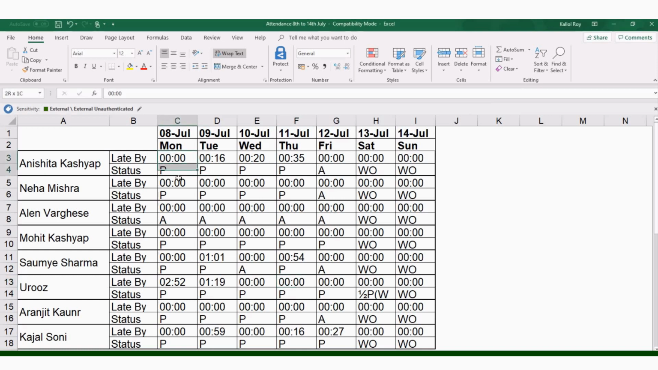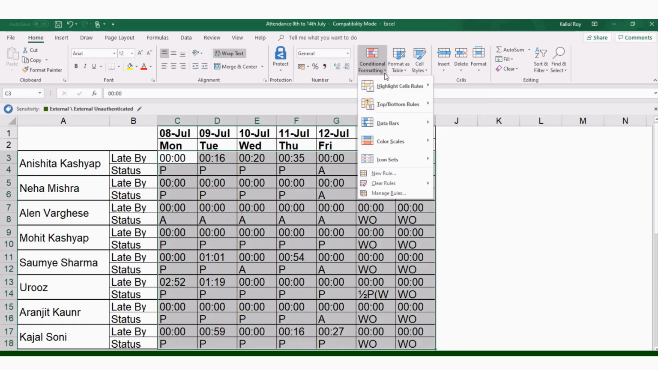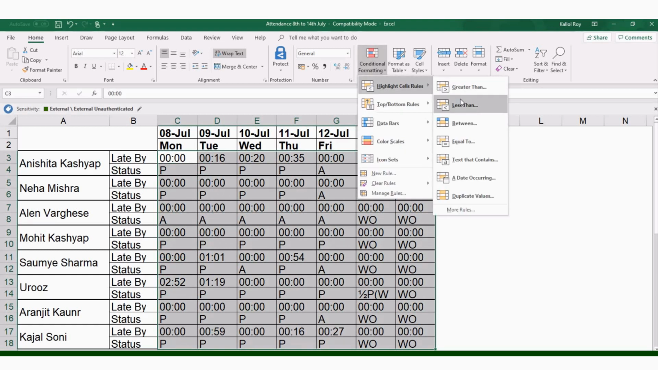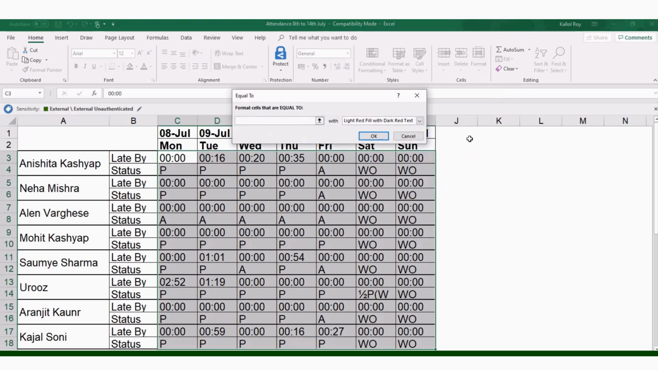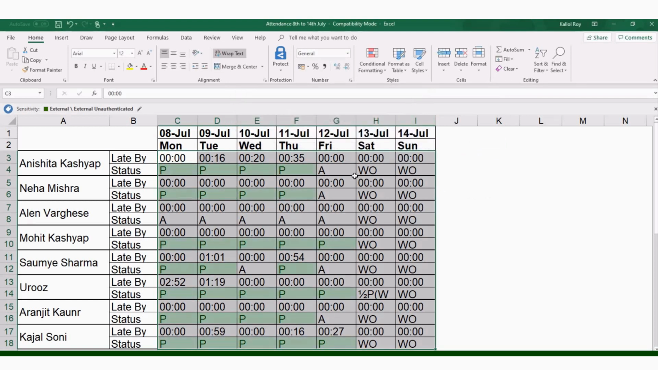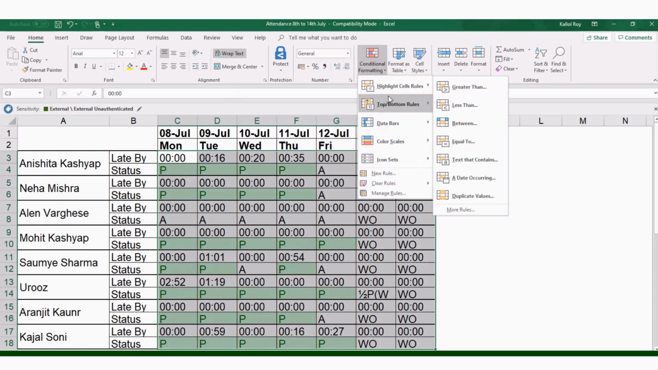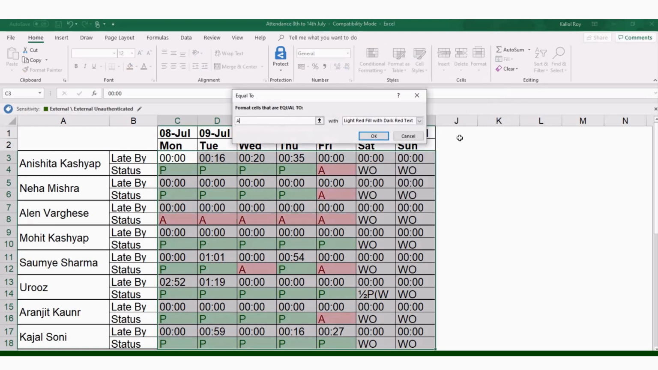Let me select the whole table, then go to conditional formatting, highlight cell rules, equal to P. I am making it green. Okay, then the absent A as red. Okay,